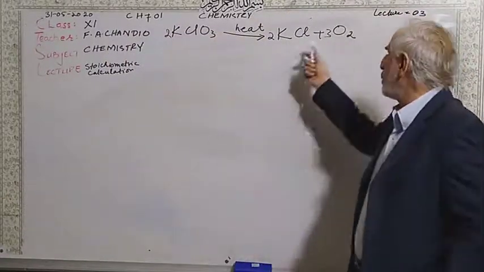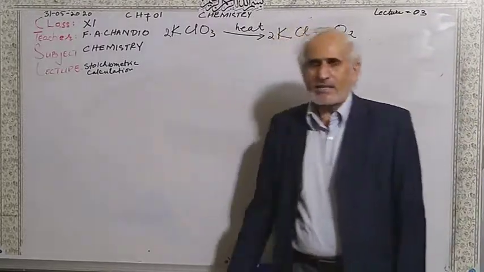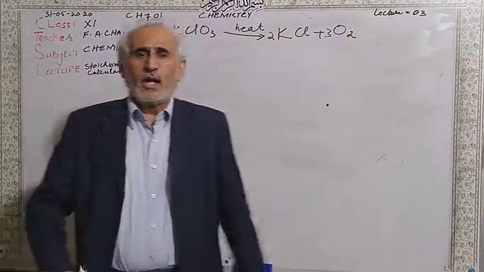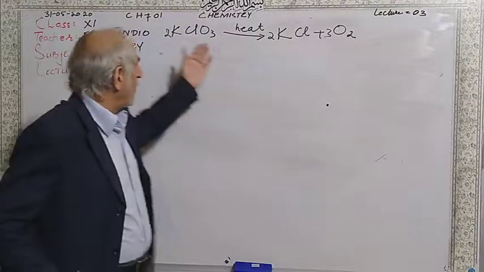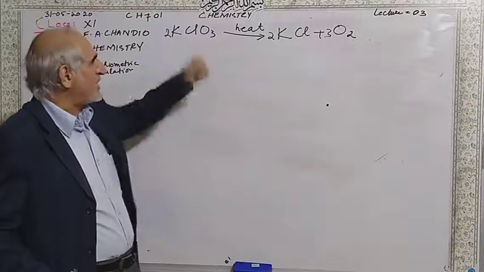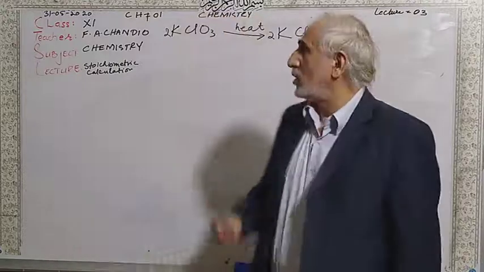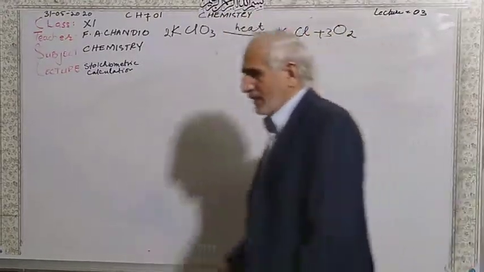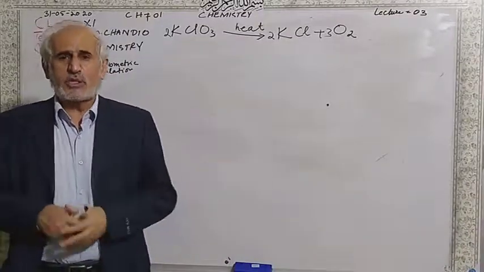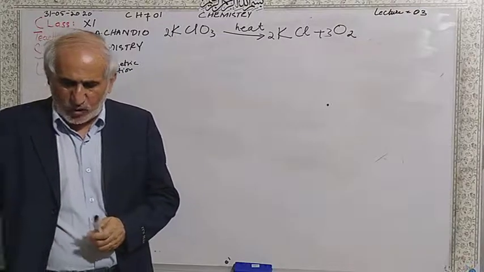In the laboratory, we use this method for the preparation of oxygen, but we have to use a catalyst, manganese dioxide. So you have to put the correct proportion of manganese dioxide as a catalyst in the potassium chlorate because it's explosive. So you mix manganese dioxide with potassium chlorate and then heat, you will get oxygen gas, and you fill the jar with oxygen gas. Okay, so the lab method. So the question is, you have to calculate the number of molecules of oxygen.